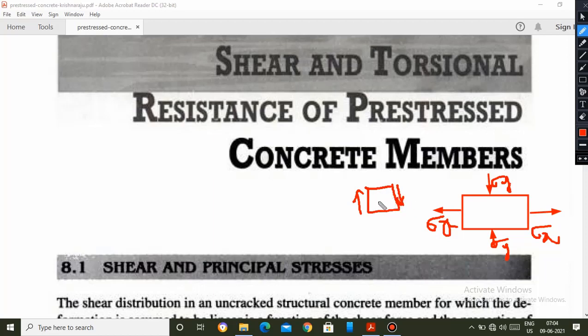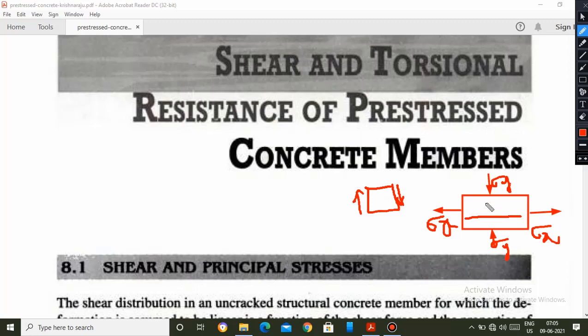For pre-stressed concrete members, how the shear stresses and the normal stresses will be acting, and how we should design for the maximum shear resistance, we will discuss in today's class. In a pre-stressed concrete member, we apply the tendon to resist the applied load and to reduce the magnitude of the bending moment. The pre-stressing normally stretches the tendon in the horizontal direction and then we cut the tendon, which generates compressive forces in the concrete, which will resist the loads acting on this structural member.